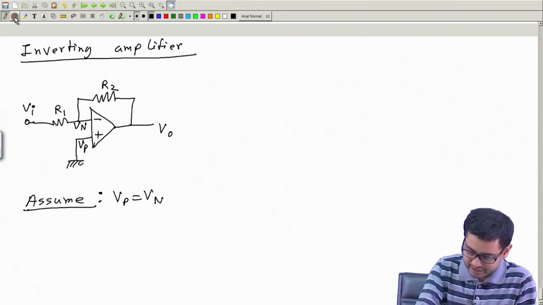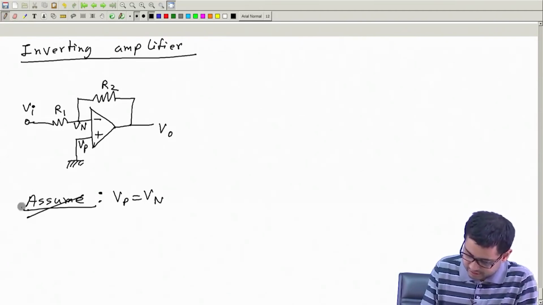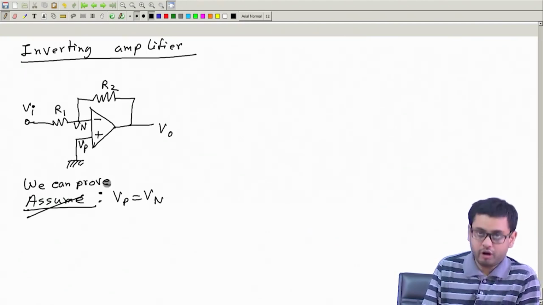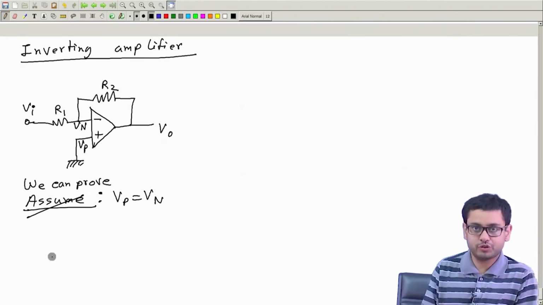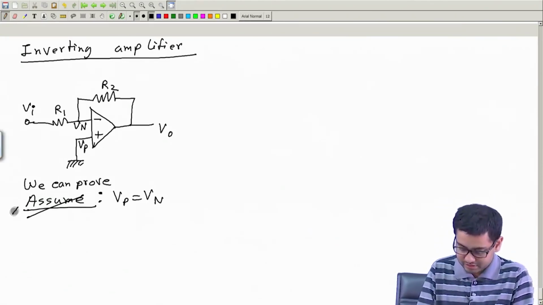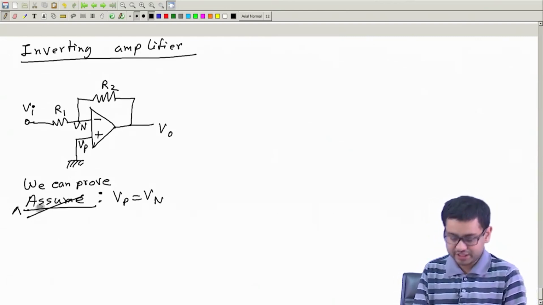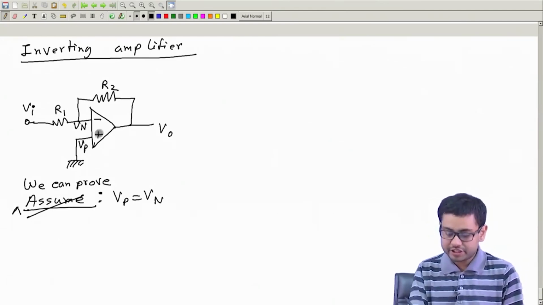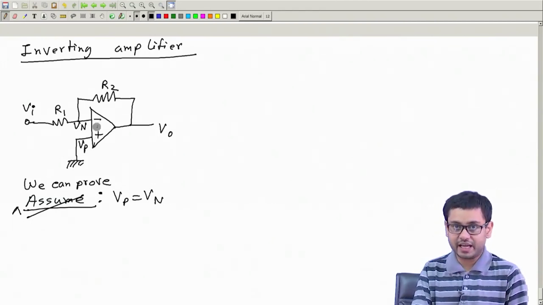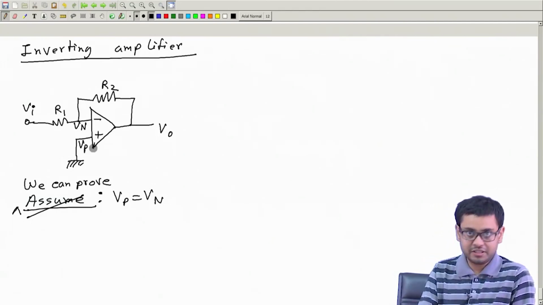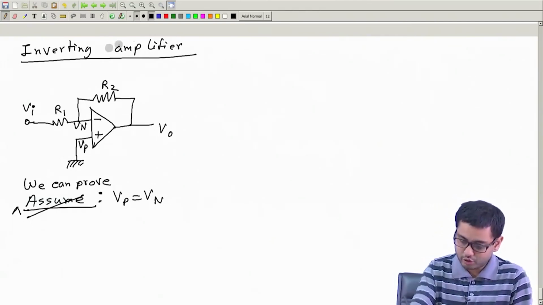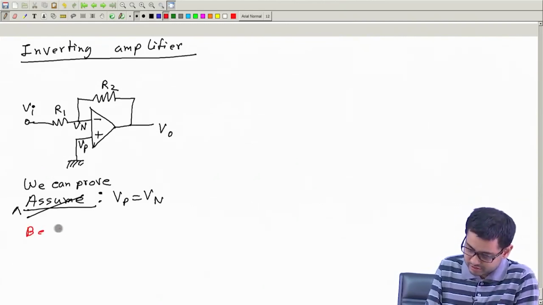So it's better that I write that we know or we can prove or we have already proved actually. Okay. It's not an assumption, it's true for this circuit. Unless you make this plus minus sign opposite, then it will not be true. So be careful